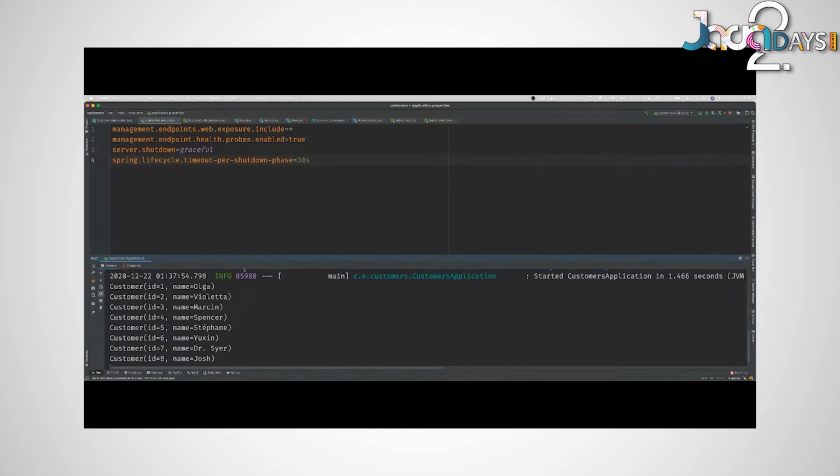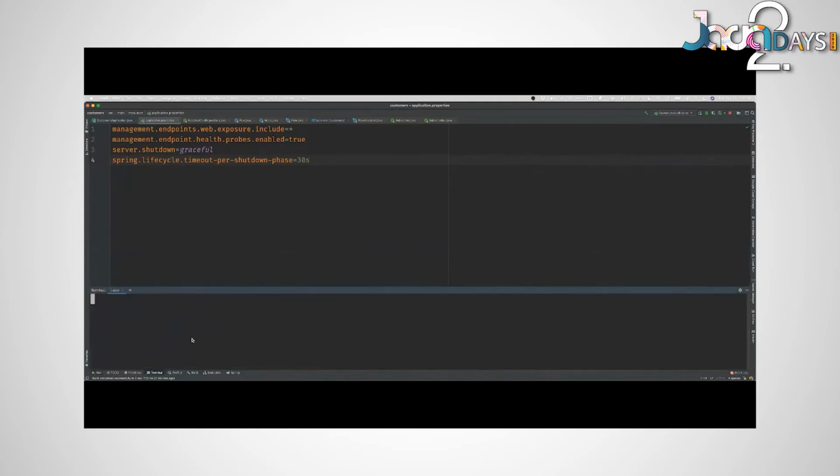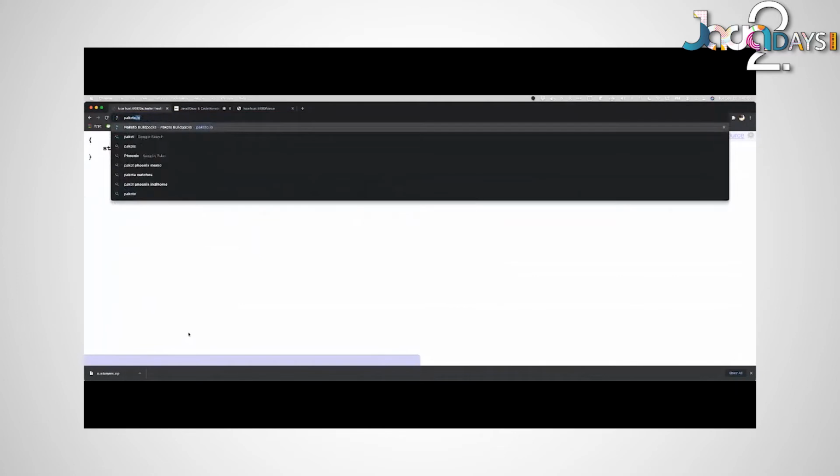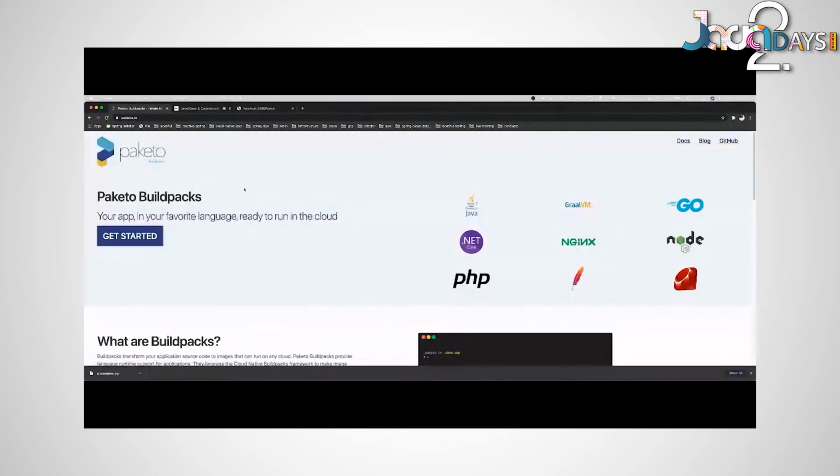But now, how do we get to the platform, right? This is the next thing that most of us are going to think about. And so one option is to use something called a build pack, right? We need to take our application and turn it into a container, right? And so we can use build packs. Build packs solve one of the biggest, most painful problems in the cloud native world, right? Which is Dockerfiles.